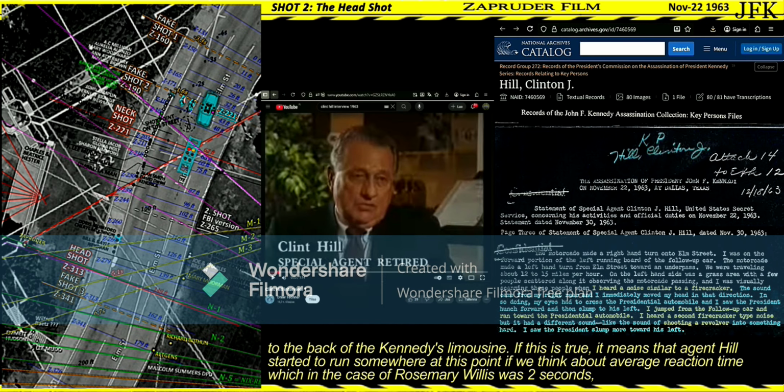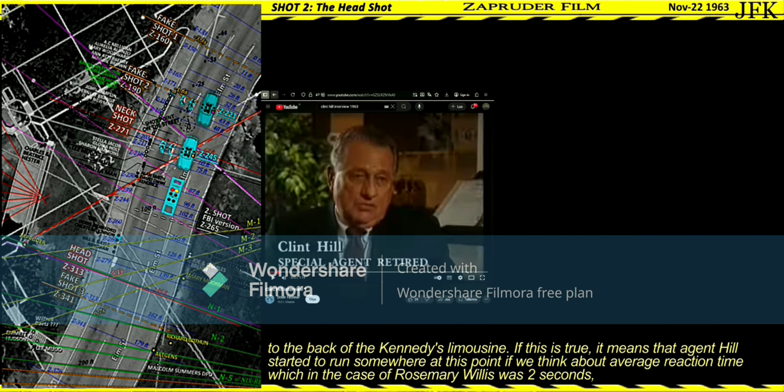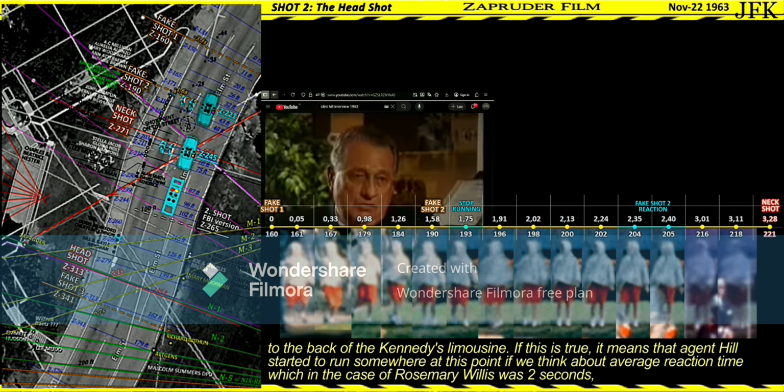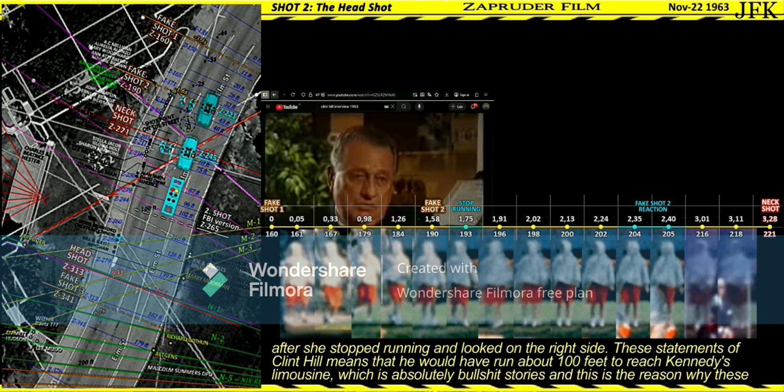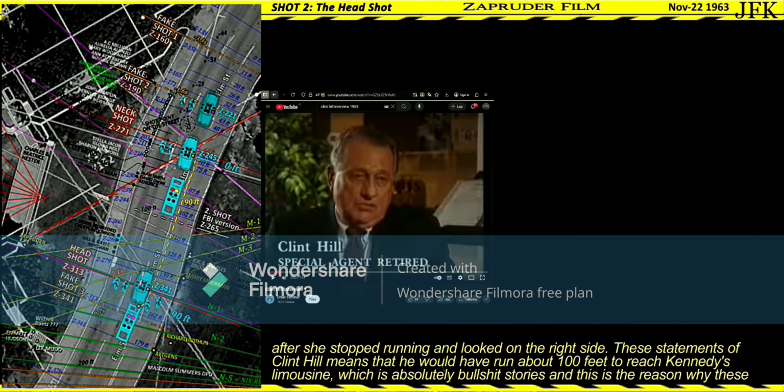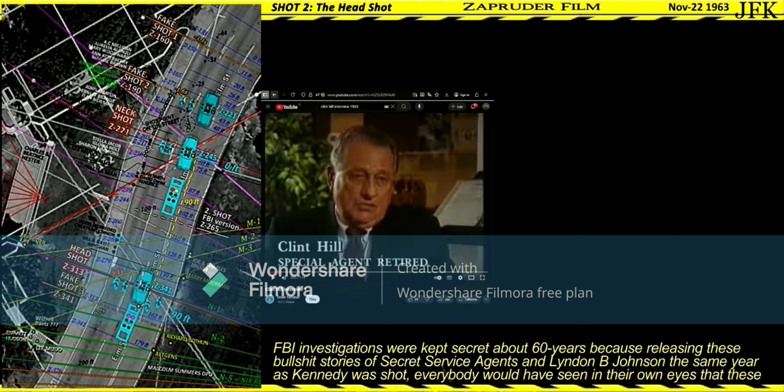If this is true, it means that Agent Hill started to run somewhere at this point, if we think about average reaction time, which in the case of Rosemary Willis was 2 seconds, after she stopped running and looked to the right side. These statements of Clint Hill mean that he would have run about 90 feet to reach Kennedy's limousine, which is absolutely bullshit stories, and this is the reason why these FBI investigations were kept secret for about 60 years,